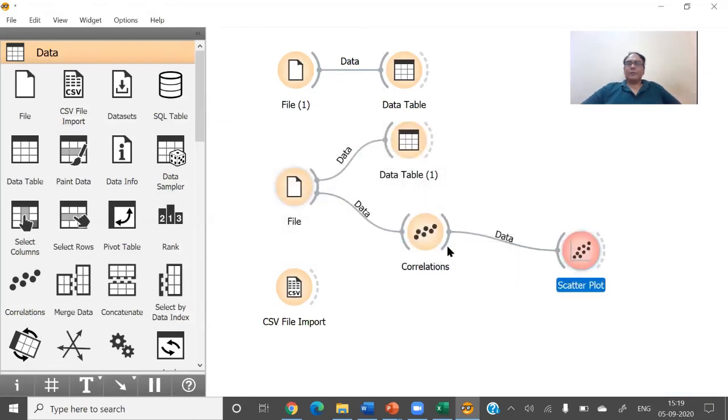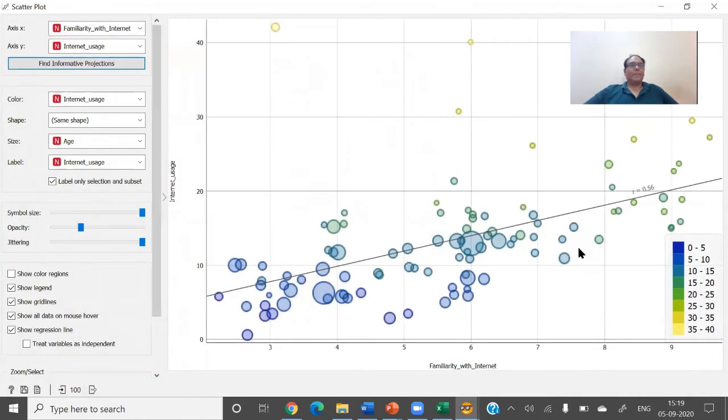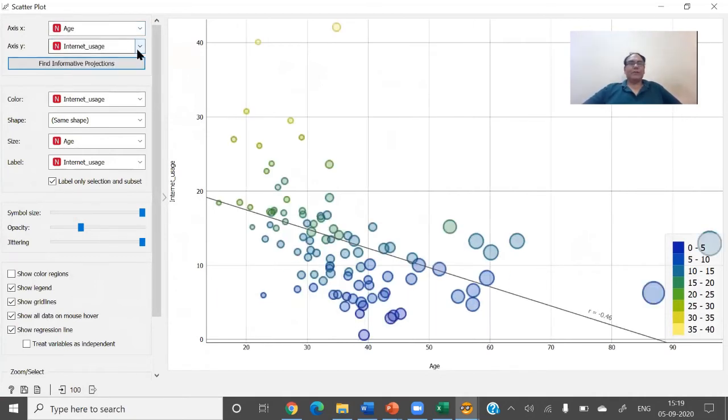Let's see the data with data. Yeah, in this case, I want to find out the correlation between, let's say, age and internet usage. So now you can see that this line comes from here, show regression line, because in scatter plot, regression line is quite important. And you can see this line is downward sloping, and correlation is found to be minus 0.46. It is a negative value.